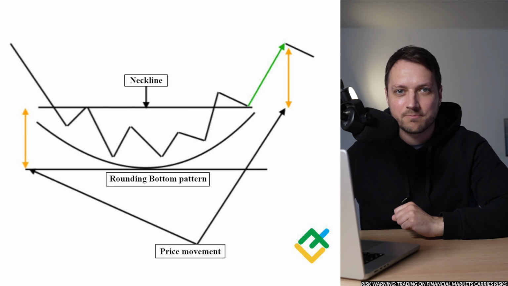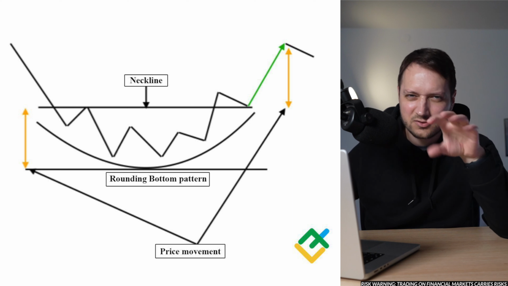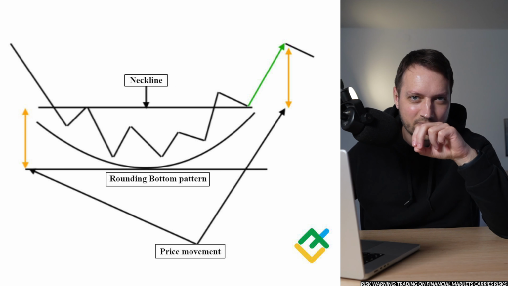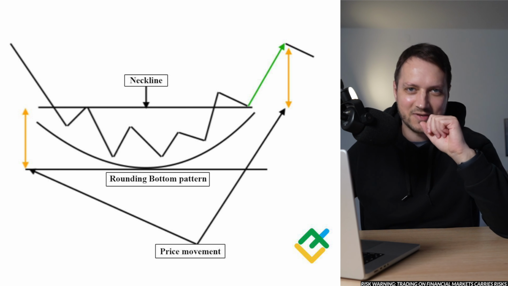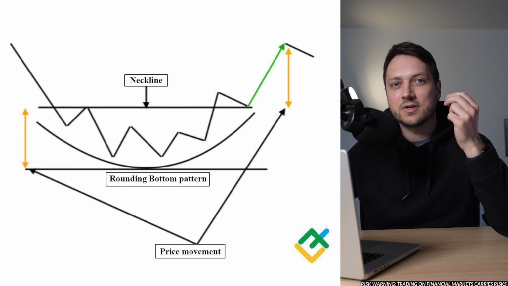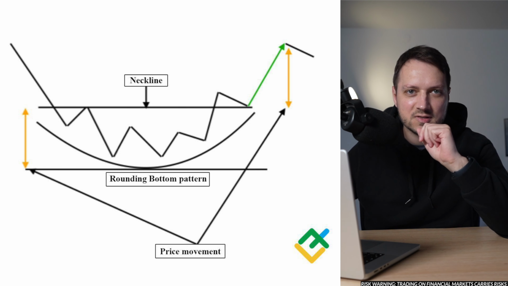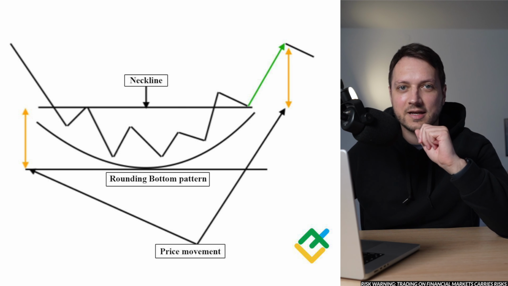Then we have the next pattern, which is a rounding bottom. And so this pattern, as you can see, is similar to the cap and handle pattern. The difference is the absence of a handle. The formation of this pattern occurs in a downtrend when the forces of the bears run out and the price